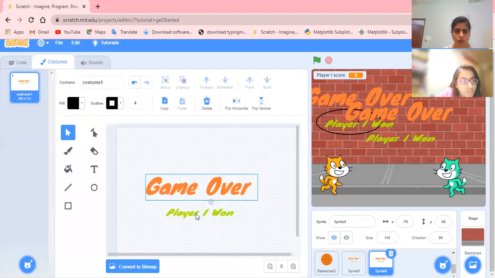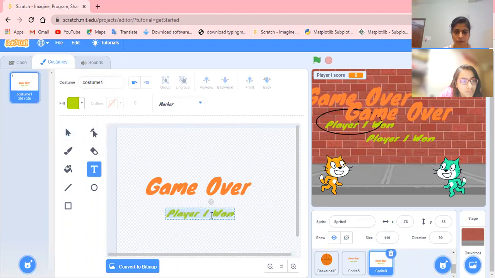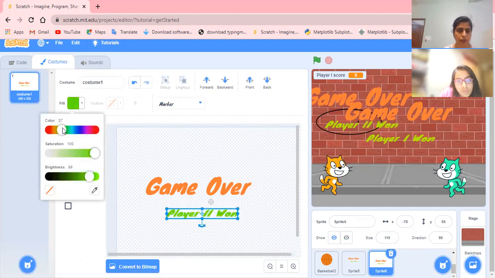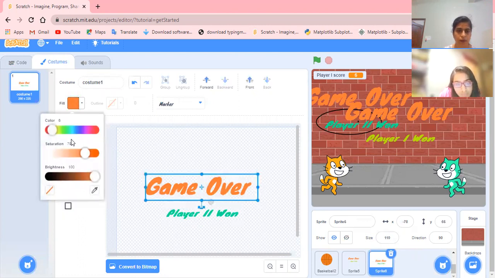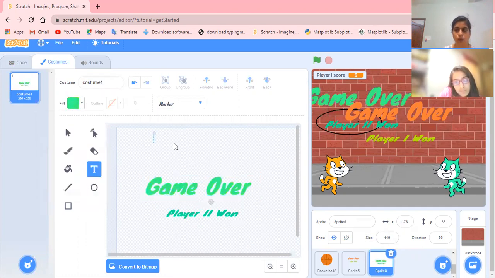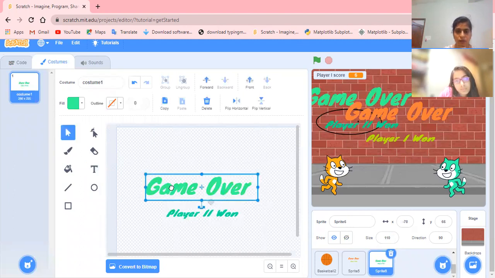Yeah, in the costume, a little bit of change in the color. Position.